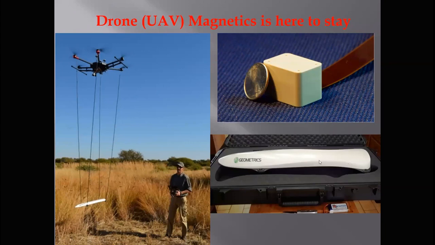So this bird that we use is called the Geometrics Mag Arrow. It has 2 MFAMs inside it, which you can orientate. And we sling it with its nose forward in front of the drone, below the drone, about 3 meters below the drone, on nylon string. And the remarkable thing about this bird, this magnetometer, is that it takes a reading